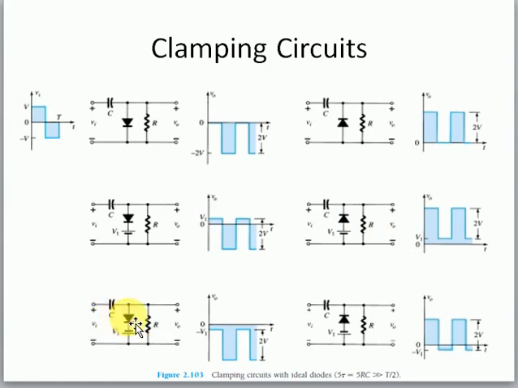Now here we have the circuit in which, when the positive cycle is here, the diode will be forward biased, and in that case we will get the output of minus V1, and during the negative cycle, when the diode is reverse biased, we will get the value of 2V. Here, during the positive cycle the diode will be reverse biased and we will get 2V, and during the negative cycle we will get minus V1. You may take different values of resistor, capacitor and DC supply and get the result, and after matching your results with this, more points will be clear to you.